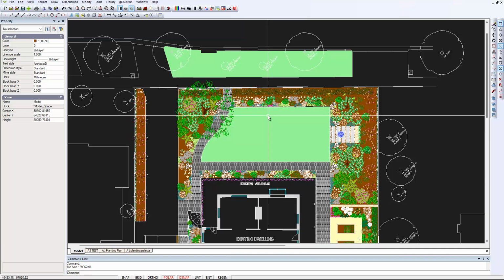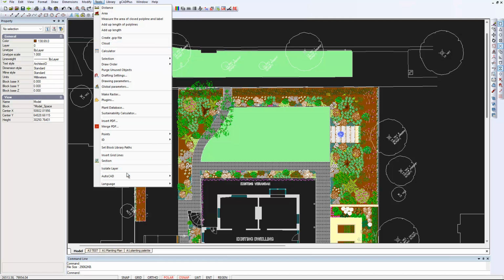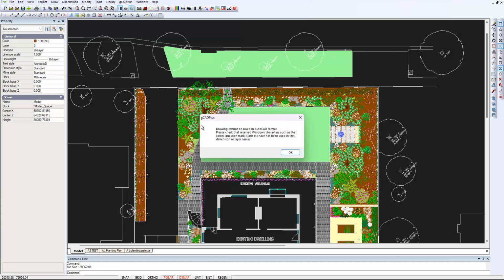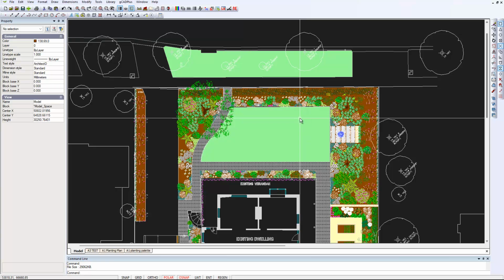If we go to Tools and check AutoCAD file for compatibility, it says drawing cannot be saved in AutoCAD format. Make sure you're not using colons, question marks in text, dimension or layer names. So it's big. The other odd thing about it to me is that if we pick one of these symbols here,